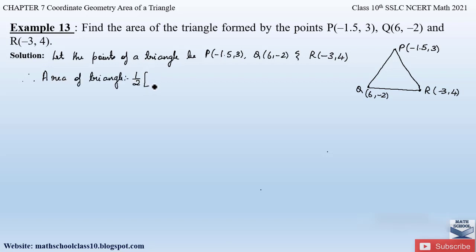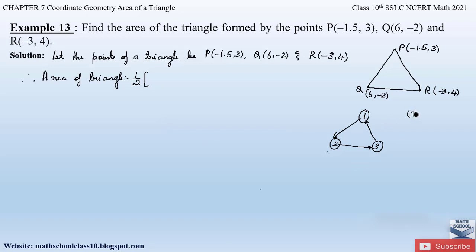There is a method to remember this formula, which I have taught in my previous videos and also in the introduction to area of a triangle. In a triangle there are three vertices, so let us take 3 points 1, 2 and 3, and always we will move in a cyclic direction in this way. Either you can take the points in an anti-clockwise direction as 1, 2, 3, or in a clockwise direction also, but always remember to move in a cyclic direction.